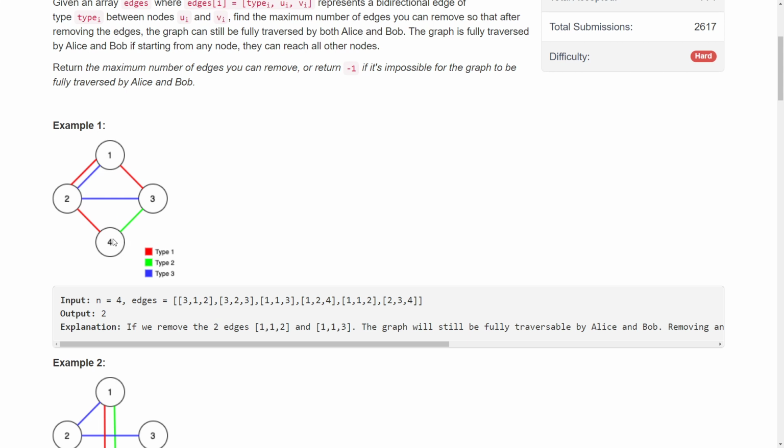So we remove this one edge, right? If you look at Bob's case, he has only one possible way, like 4, 3, 2, this one. If we remove any of these 3 edges, like the 1, 2 blue, the 2, 3 blue, and the 3, 4 blue and green, then Bob will not be able to travel. So we can't remove any of those. Let's look at what we can do for Alice. We can remove this red edge, then it's connected 1, 2, 3, 4. But again this is connected, and of these 2 edges, one of them is redundant, or both of them are redundant. So I've removed this. I can go from 1 to 2, from 2 to 3, and from 3 to 4. So I removed this, and I removed this and this as well.